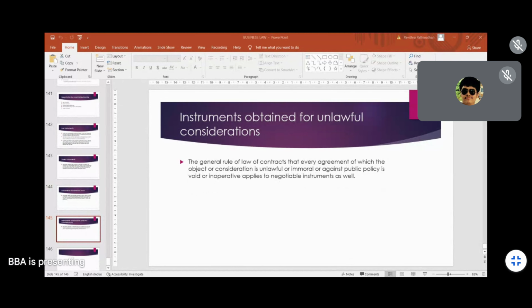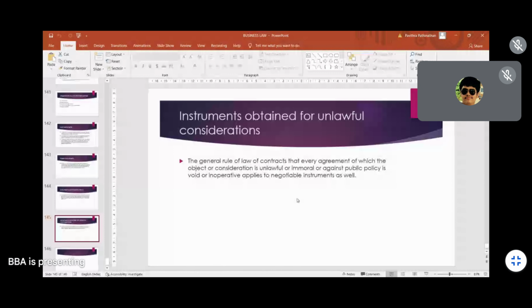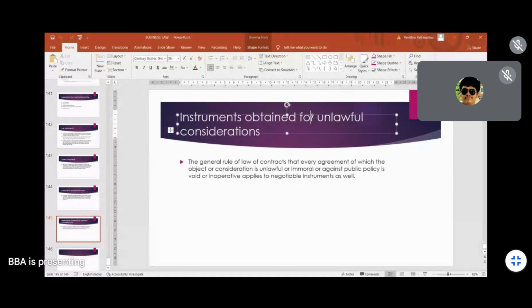Next is instruments obtained for unlawful considerations. Okay, so the general rule of the law of contracts is that an agreement which has an object or consideration which is unlawful